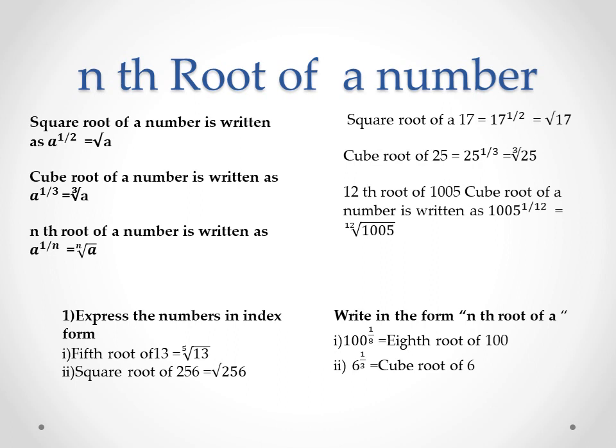Similarly, cube root of a number. Cube means index 3, but for cube root, when root is given, then it is 1 upon 3. Therefore the cube root of a number is written as a raised to 1 upon 3, and in symbolic form it is written as cube root of a. That is a square root sign with 3 written, which means it is the cube root of a. Now, similarly, the nth root of a number. How did we take the square root? 2 is not written, but there we consider that the index is 2. In case of cube root, we write the index 3 outside the root sign. Similarly, in the nth root of a number, we write a raised to 1 upon n, means nth root of a.